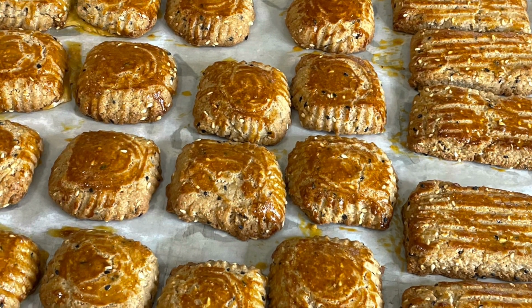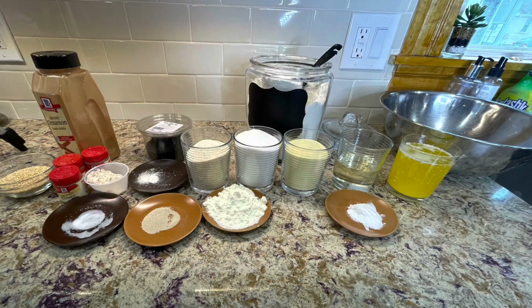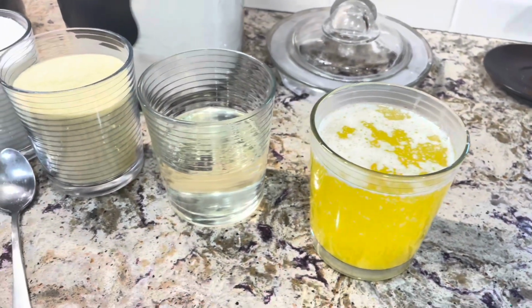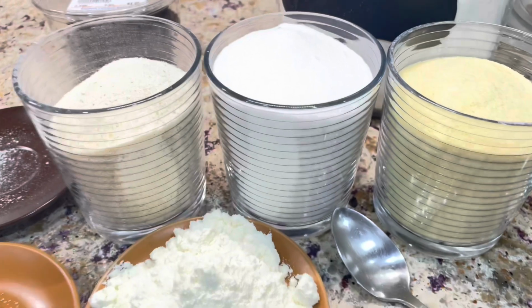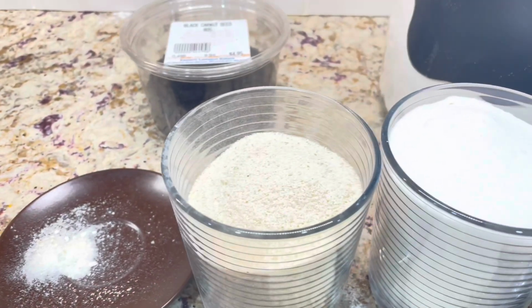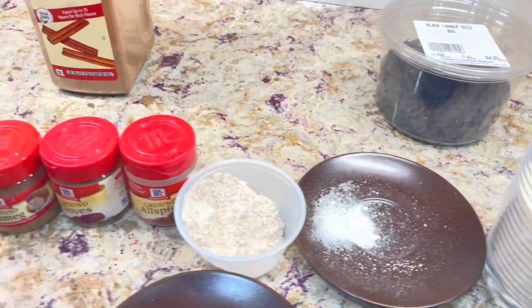To make Kliche cookie, we need a cup of melted ghee or butter, half a cup of canola or any vegetable oil, a cup of coarse farina, a cup of sugar, a little less than a cup of farina, about